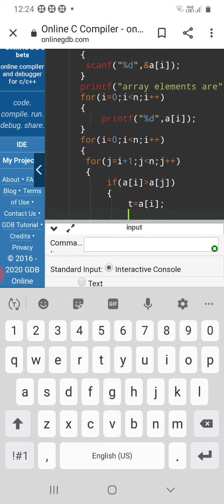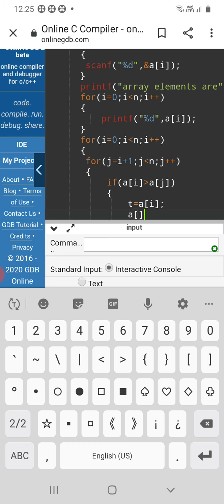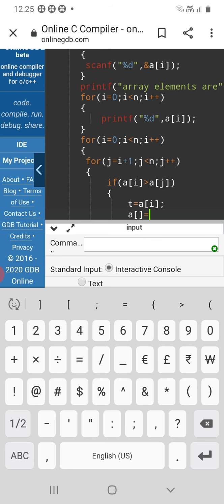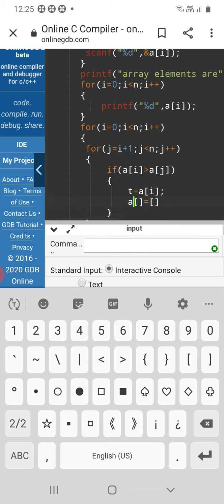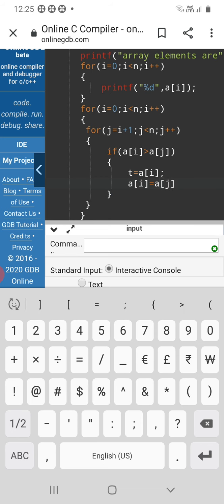Next, a of i equal to a of j, ending the line with semicolon.